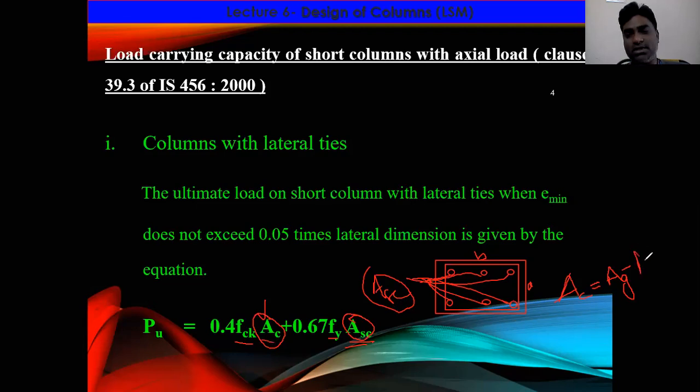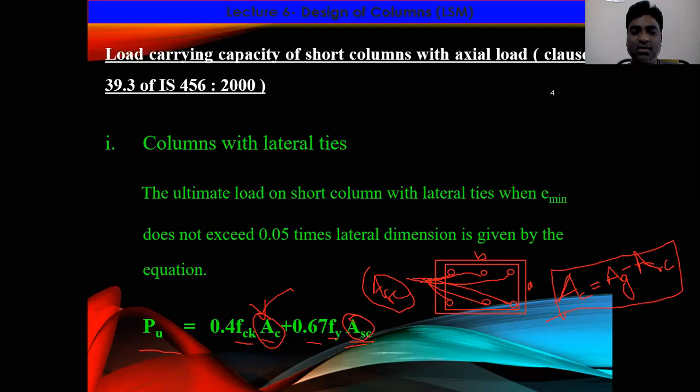So can I write like this? This is the equation. From this equation, you can determine the area of concrete. So the total ultimate load is nothing but the load taken by the concrete plus that taken by the steel. This is how we need to determine